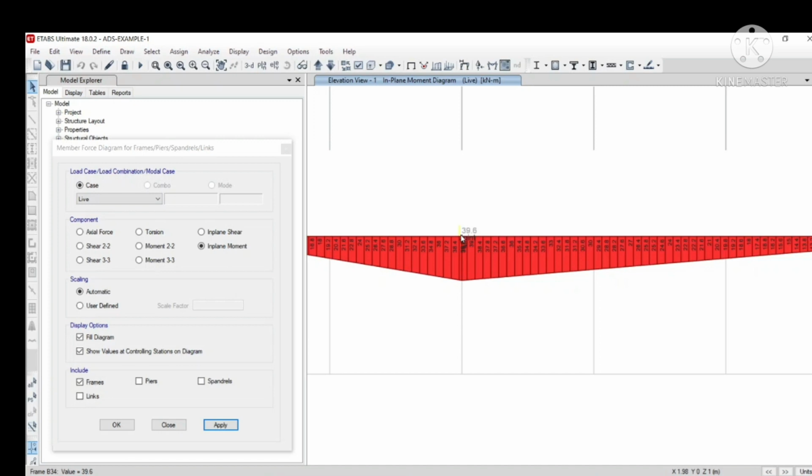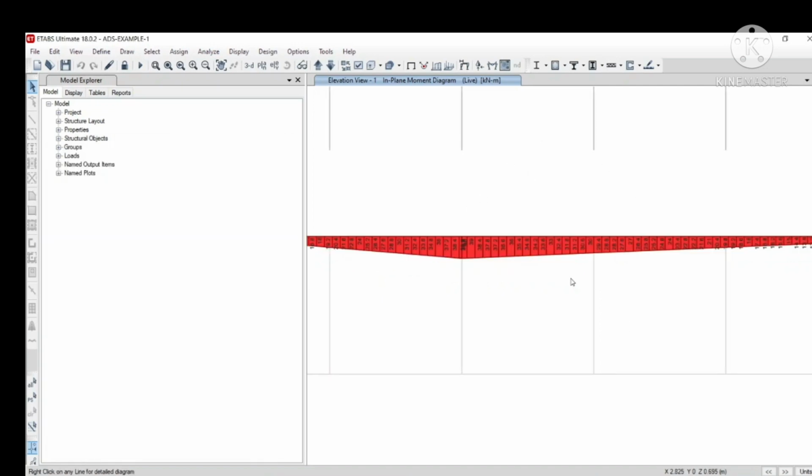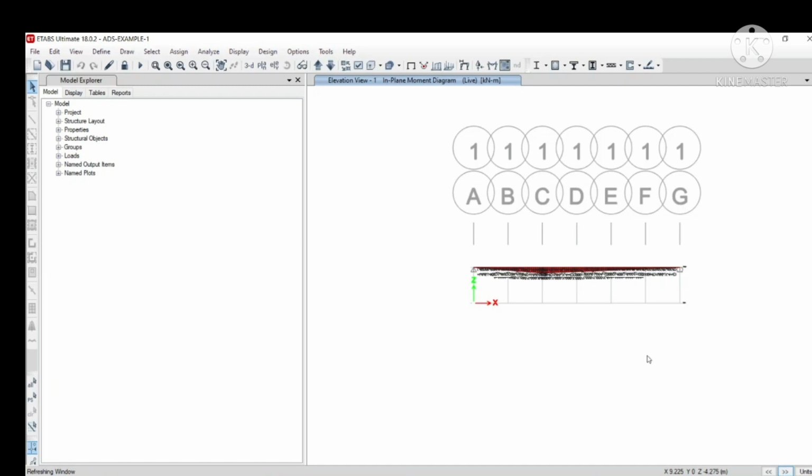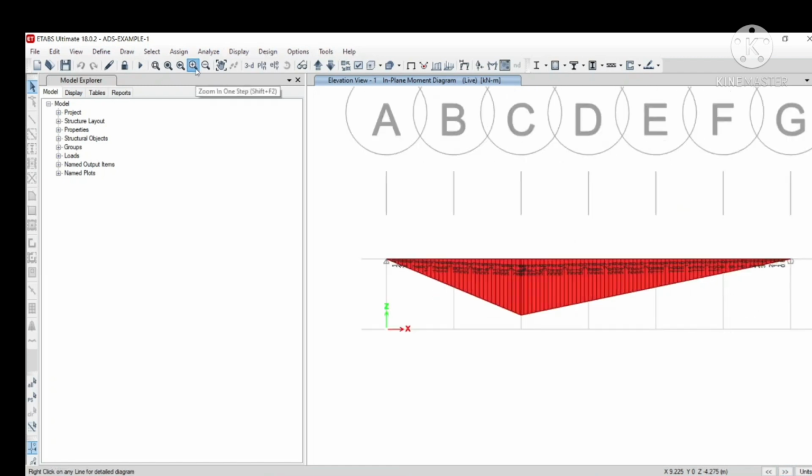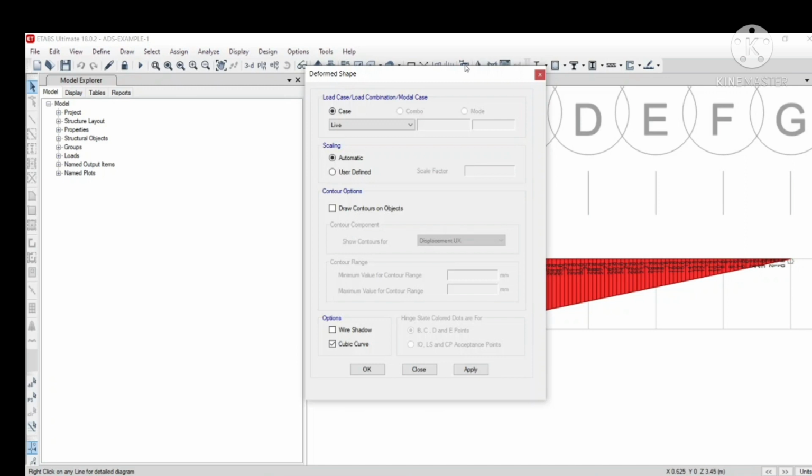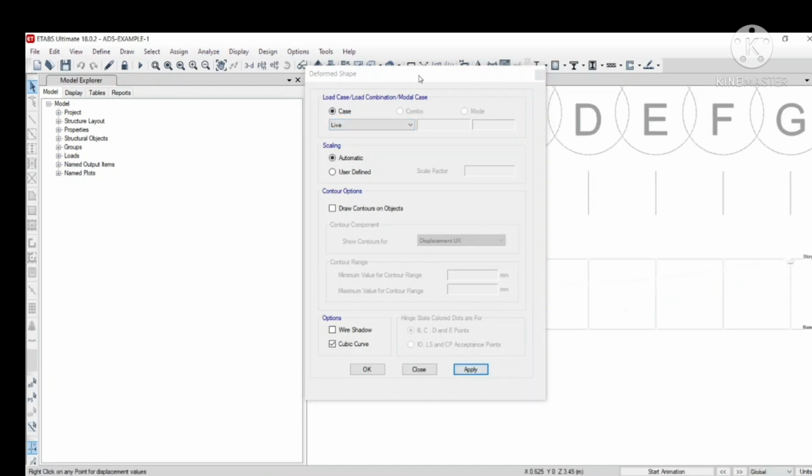Okay, we got the shear and bending. So let us find the next thing, which is deflection. Okay, this is the deformed shape.